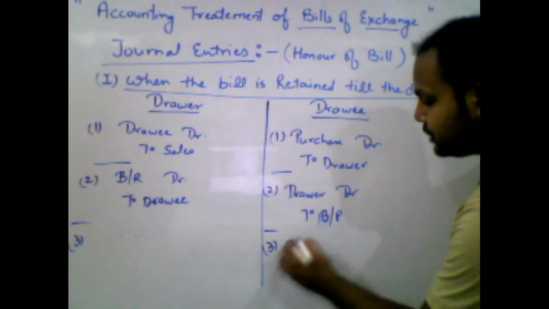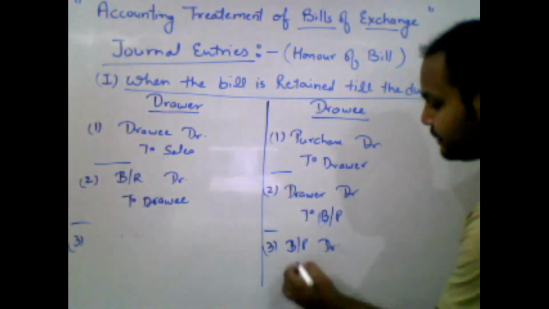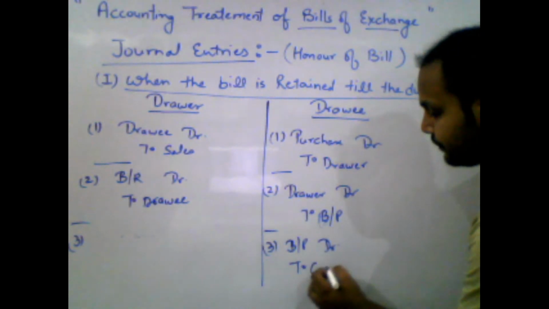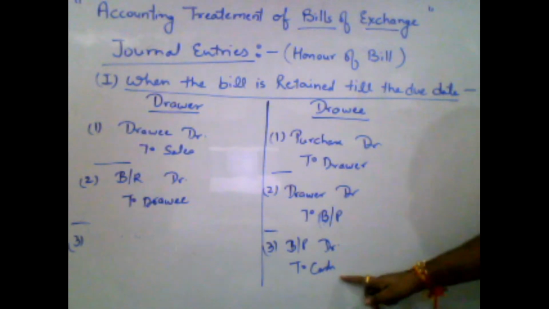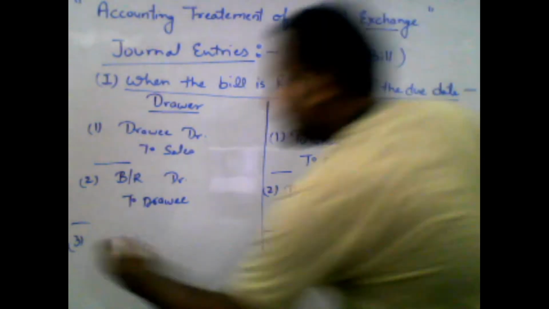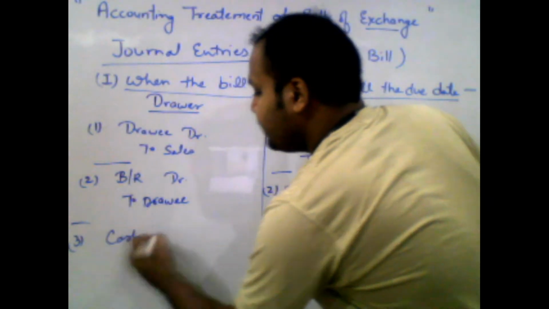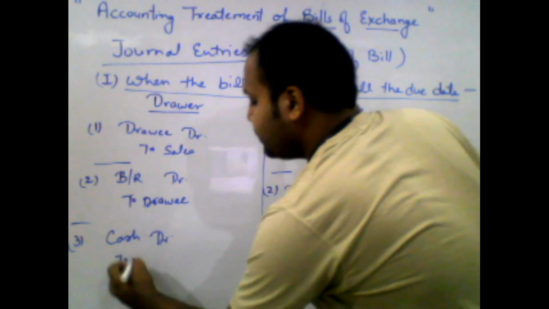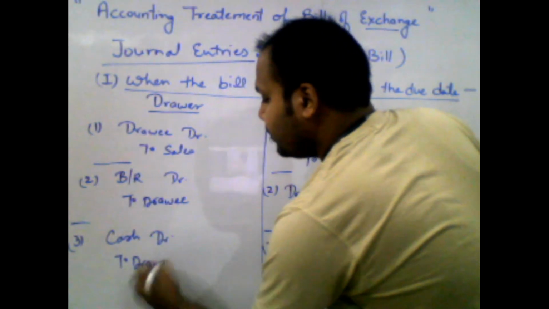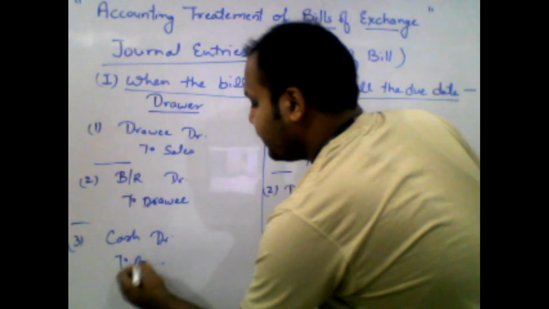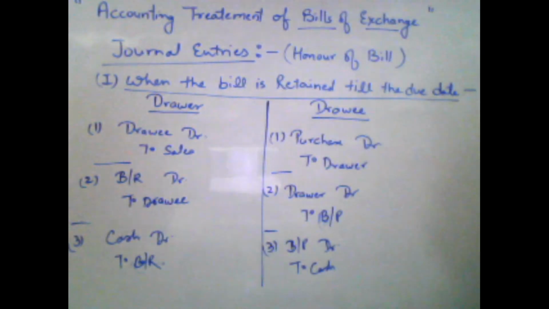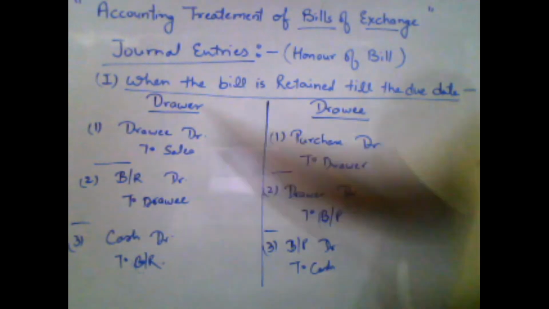So in this situation, the entry will be BP account debit, that is a bills payable account debit to cash. So drawee ने payment किया to cash, and who received the payment? That is drawer received the payment. So the entry will be cash account debit to BR. Okay, so this is very simple and very basic entry which are passed when the bill is retained